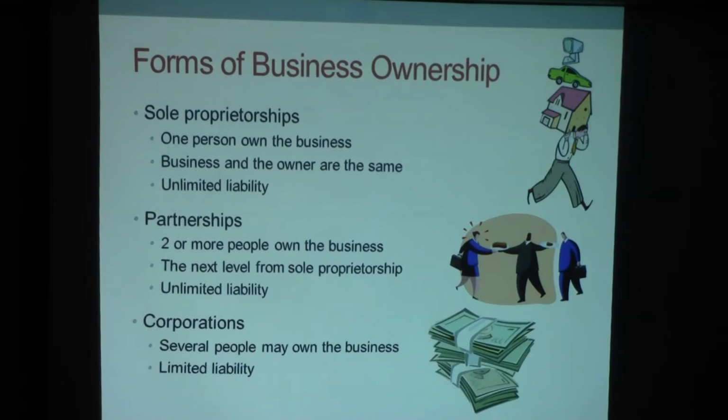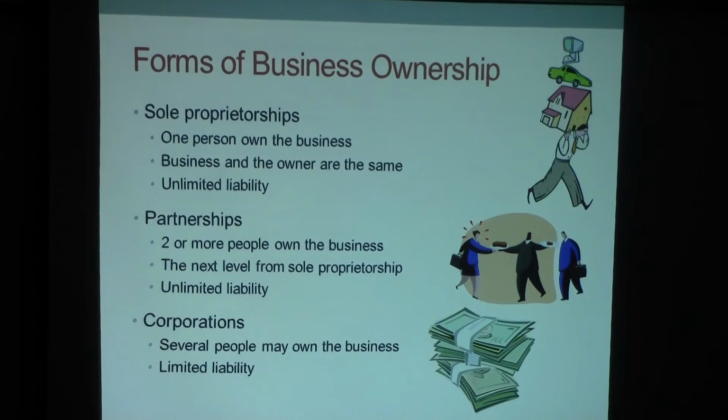Proprietorships are businesses owned by one person, and there's no difference between the person and the business. It is completely owned by the individual, and as far as legality is concerned, there is no difference between the owner and the actual business. An example might be a tutoring business that someone does from their home. They don't need an office space or a different name to advertise; they're just advertising their own service. We call these micro businesses. The disadvantage is unlimited liability,